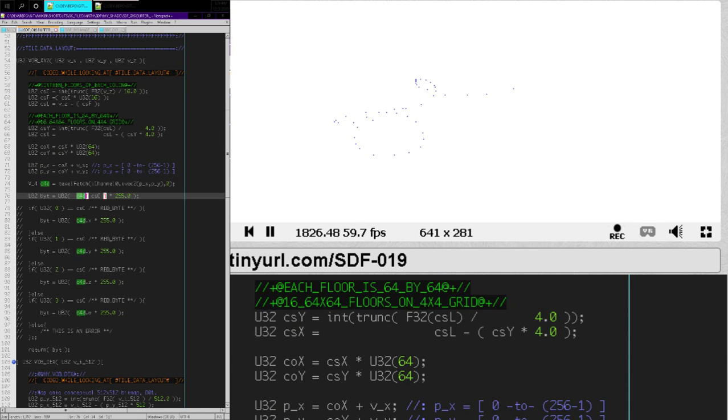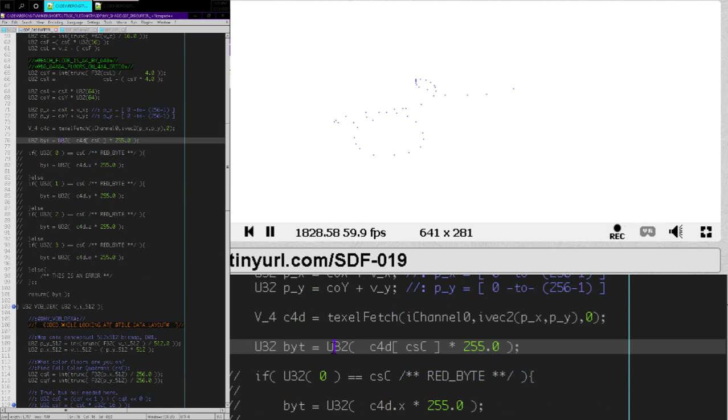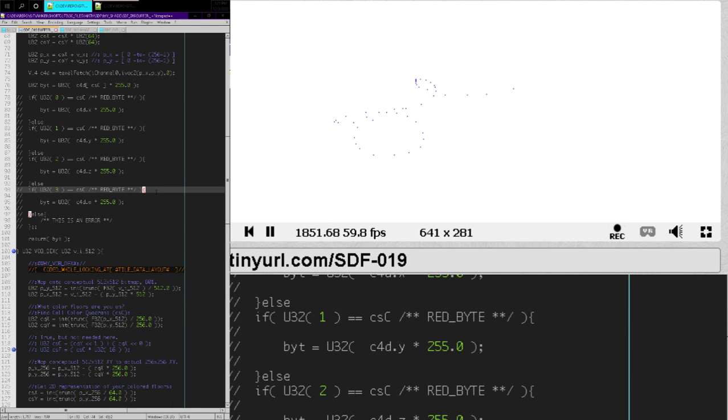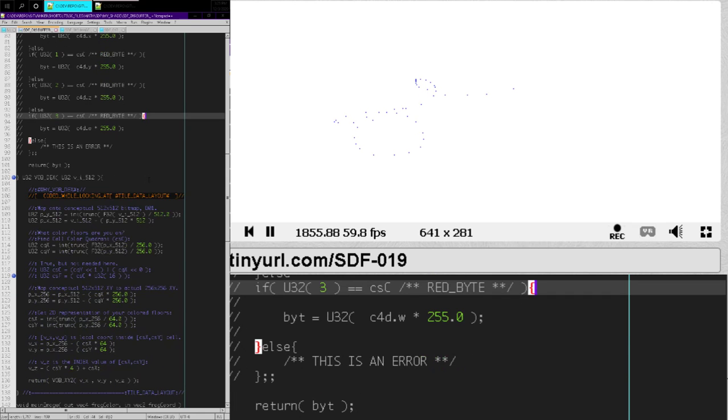The byte, so I don't even know if this is allowable, but we're going to take this color 4D, and we're going to take the RGB or A channel, and then we're going to multiply by 255.0, and then cast to U32 to get the byte value. Now, I don't know if we can actually look it up like this with this index accessor, so I left this commented out code right here in case that is not the case. So, further down,